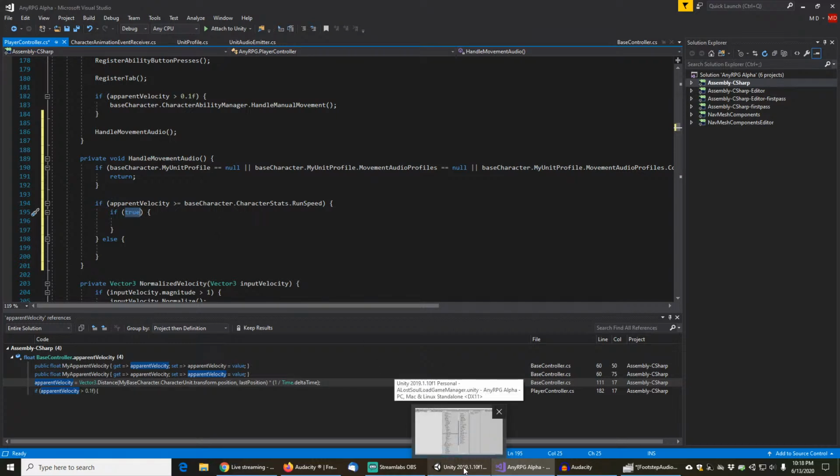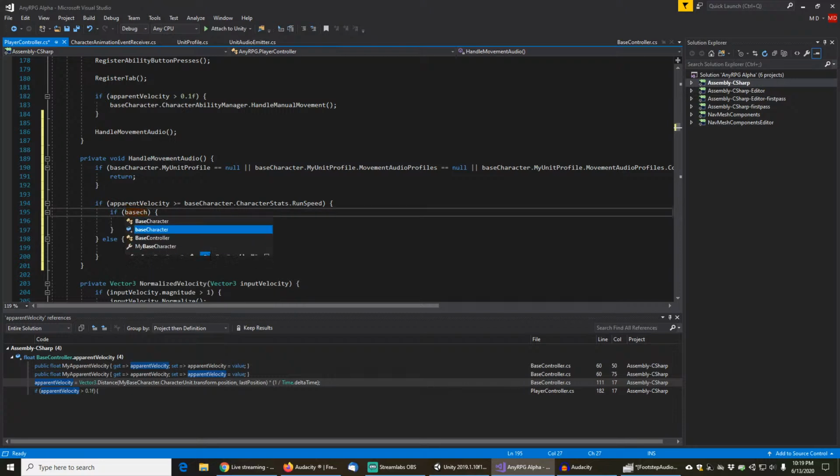and I can't remember if I store a reference to that anywhere or not. If I don't, we're going to make one, because let me just figure that out actually. So we have base character. We don't have unit audio. Okay, we have character unit. Ah, perfect. Character unit already has a reference to unit audio. So if base character dot character unit dot unit audio dot,